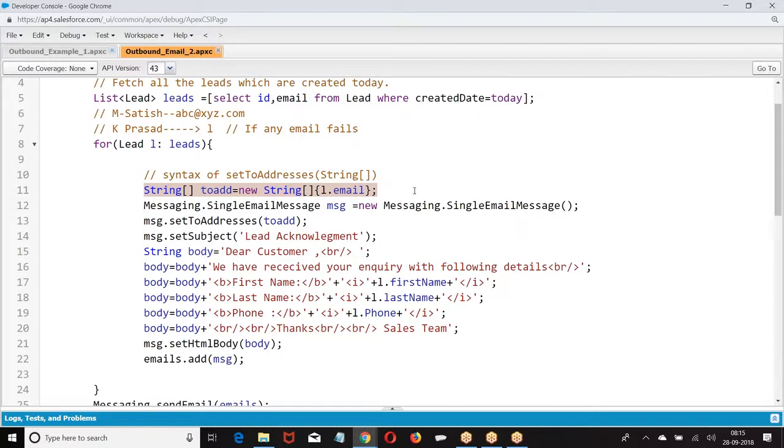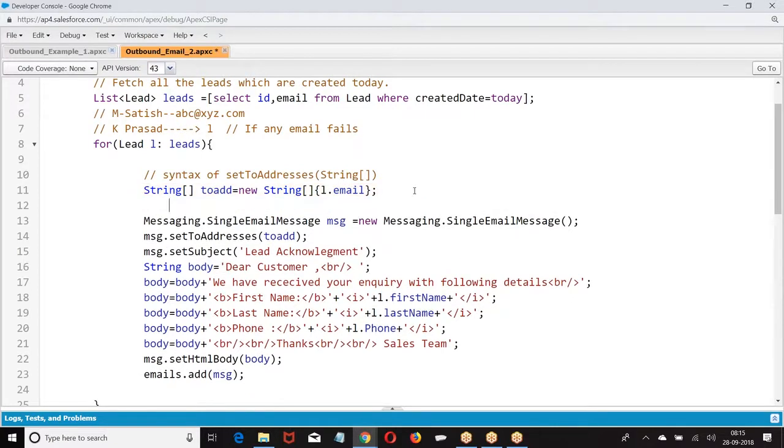Satish: Yes, here for To address, instead of a list, if we are using an array. Array and list are both the same only, there is no difference. But for an array we need to specify the size. Is it correct? How many are you taking here? I mean, are you taking dynamic allocation or static allocation? Are you allocating the array in this way?